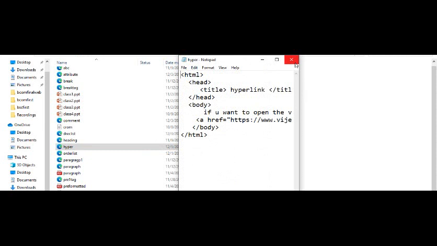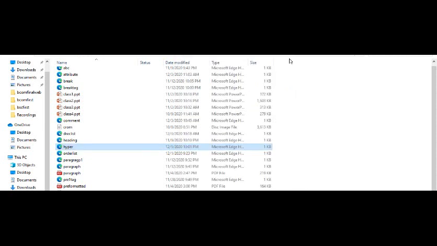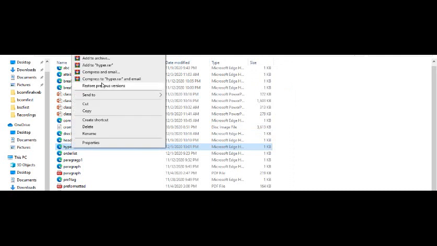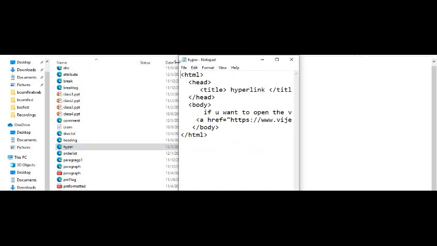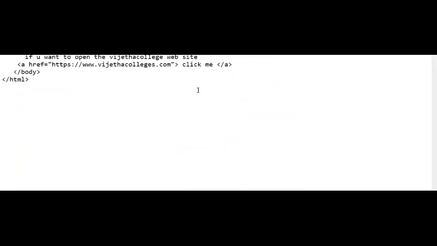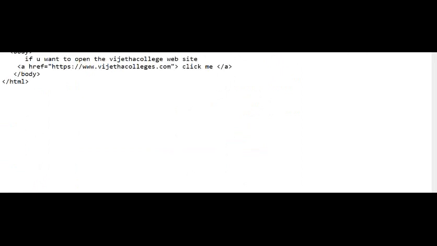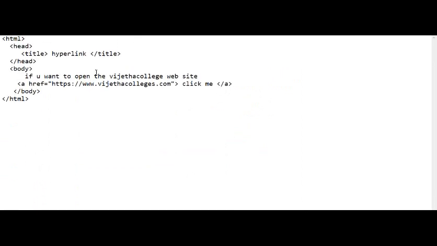In the notepad I used this. Let us see, I am writing here vijetacollege.com.